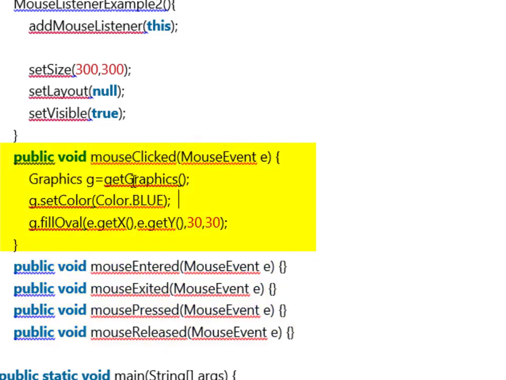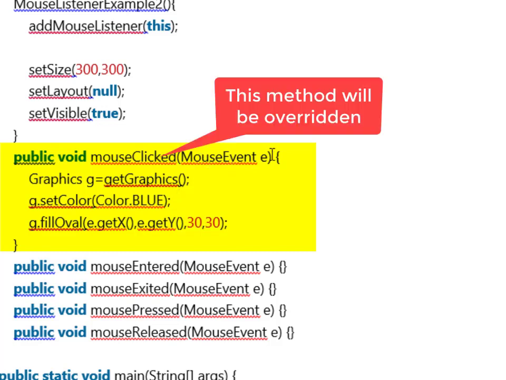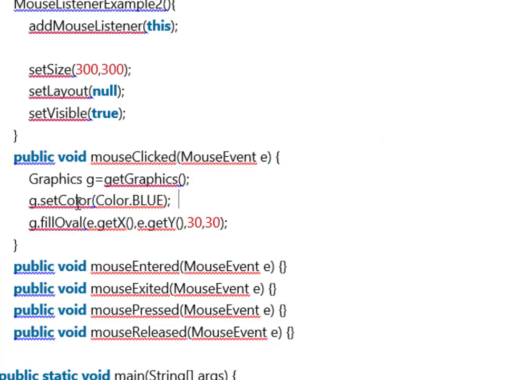So I am just going to override this mouseClicked method. This mouseClicked method will take the MouseEvent class object as its argument. Now I am having an object called g, which is of the Graphics class, and I am using a method called getGraphics. getGraphics is a method which is used to get the graphics object.